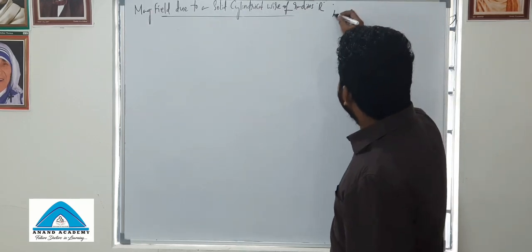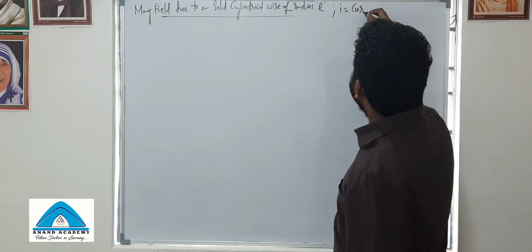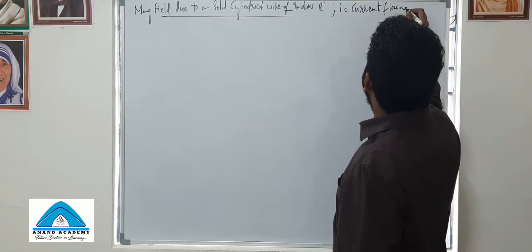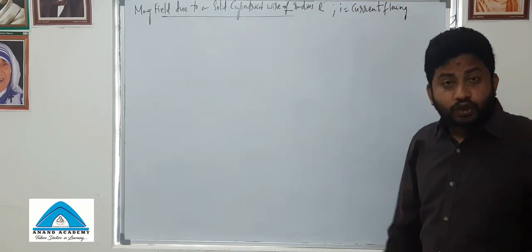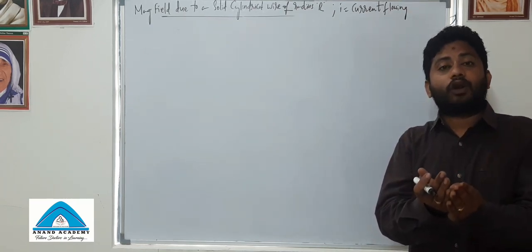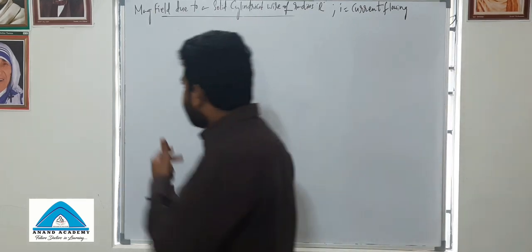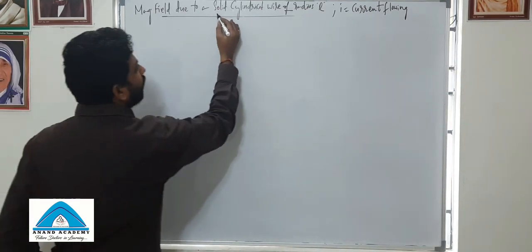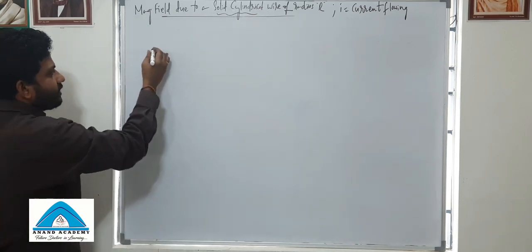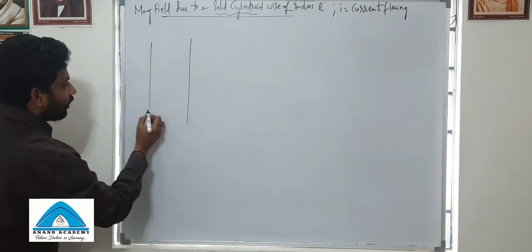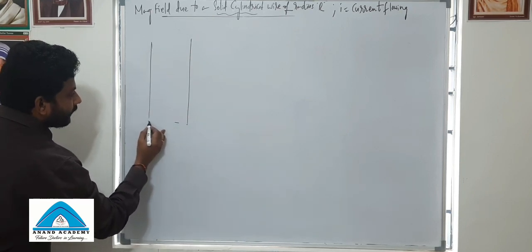So I am writing here, I is the current flowing through the wire. Through the complete solid cylindrical wire, the current flowing is I. Okay, now let's start. So this is a solid cylindrical wire. I'm just taking a rough diagram here. So this is the cylindrical wire I have taken,